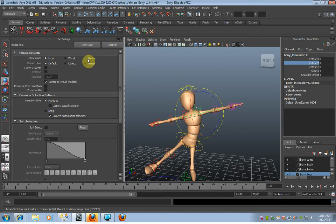Someone can do a research project and find out where the word gimbal comes from. It's one of those odd things. I don't really know where it came from, but I can tell you that when you have gimbal, what you see is what you get. So now you can see with my manipulator that yellow circle has disappeared, and that when I select a rotation,